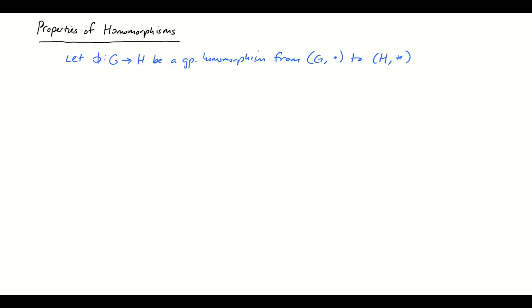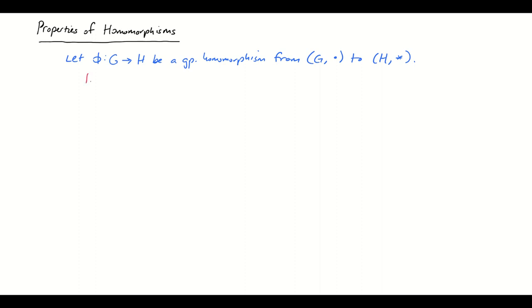It's possible G and H are the same group, and it's possible that even if they're not the same group, they have the same operation. But just for full generality, we're going to assume that they're possibly different groups and have possibly different operations. All right, so I'm going to make 4 claims here, and we're going to prove these 4 sequentially